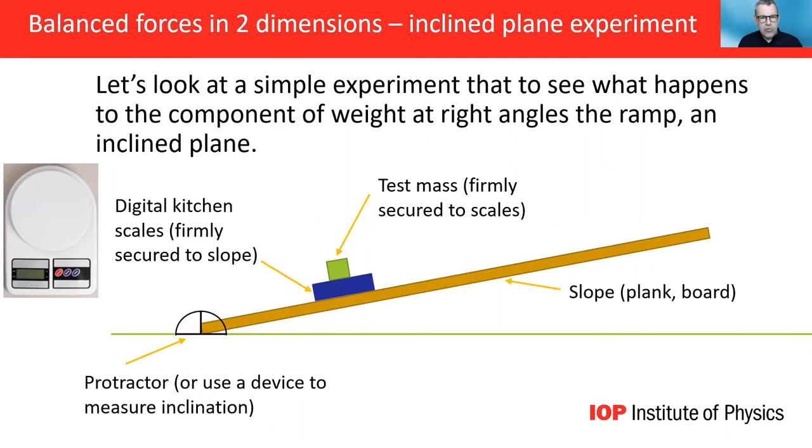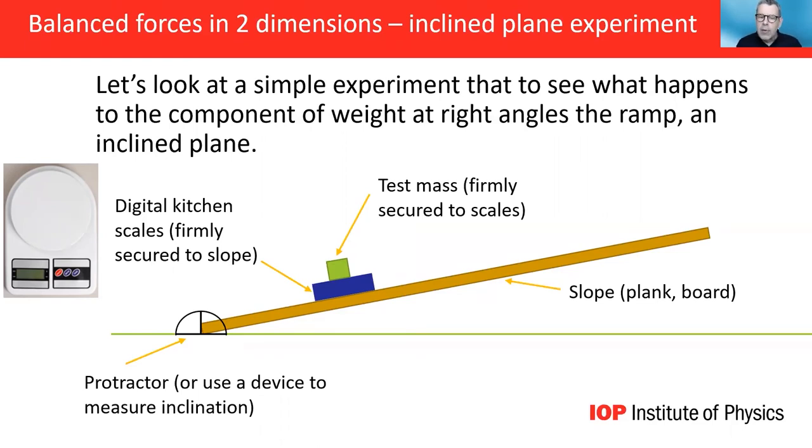Now, one side of that triangle will be unchanged, and that side is represented by the weight vector, the magnitude and the direction of which will be unchanged. But if the angle of the slope increases or decreases, then the direction of both the support force and the frictional force have to change. And so the only way to keep that triangle closed is the magnitude of both of those vectors has to